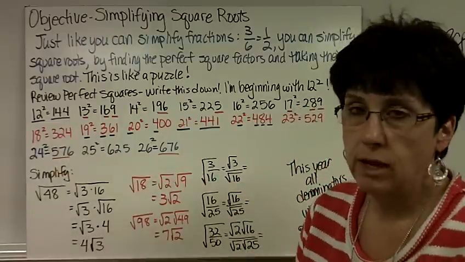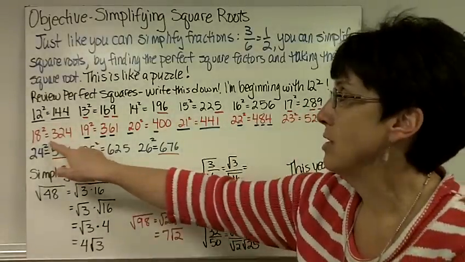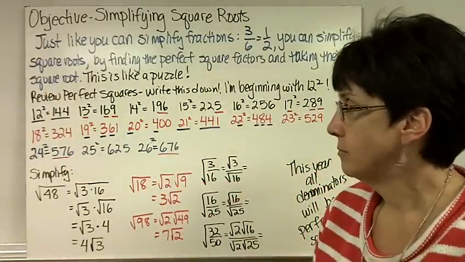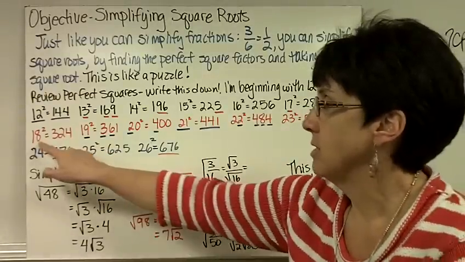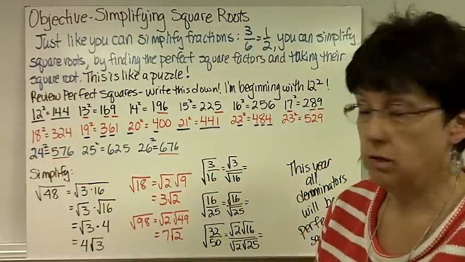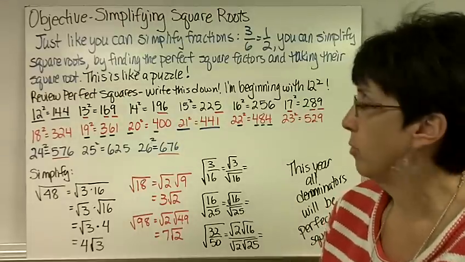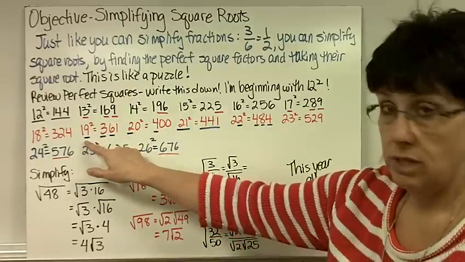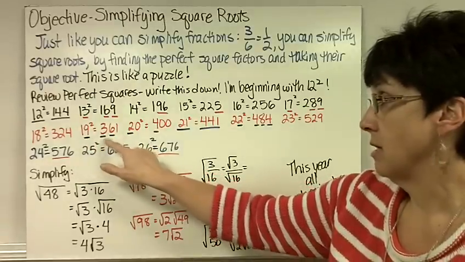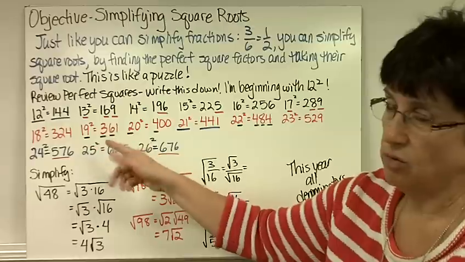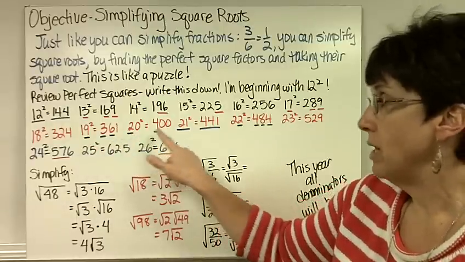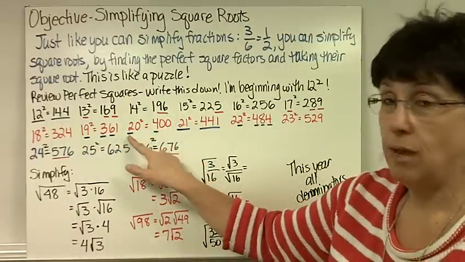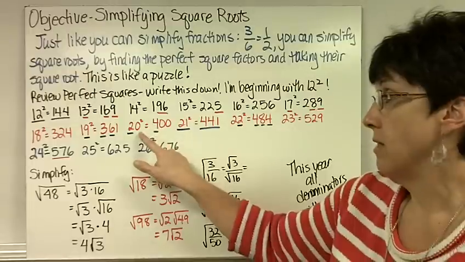18 squared is something I never remember, but it's 324. Maybe you could say 8 times 3 is 24. That's pretty good, right? But I still wouldn't remember that. 19 squared is 361, and with the 9, there's a 3 and 6, like counting by threes, but I don't remember that one very well either. But 20 squared is 400, and I remember that because 2 times 2 is 4, and then I add 2